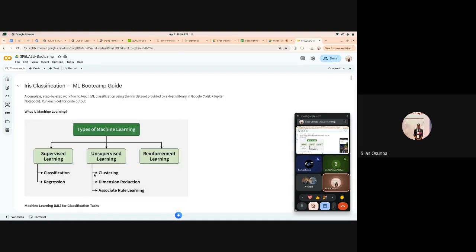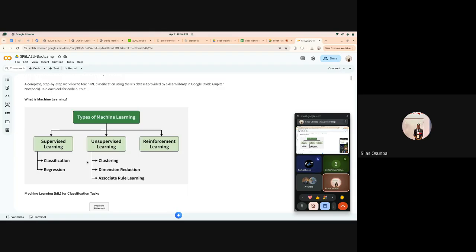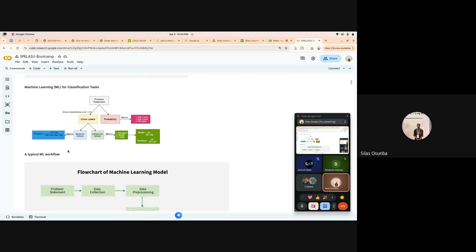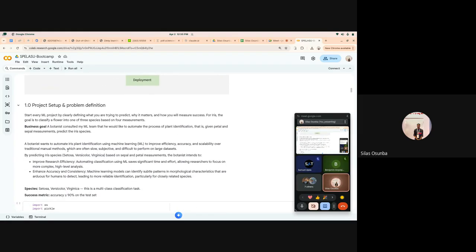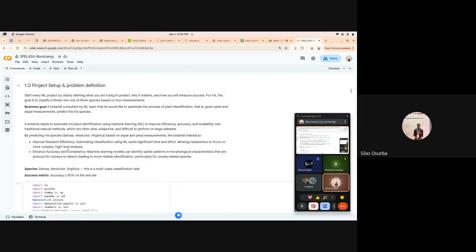So now, the task we are working with today, I know this is classification as you have seen above, is a kind of cheating because I've provided the context already. So now, let me go to the problem statement. I'm still going to come back to all this. The problem definition was, as you can see what I said, start every machine learning project by clearly defining what you are trying to predict, why it matters, and how you will measure success. So for this project, the goal is to classify a flower